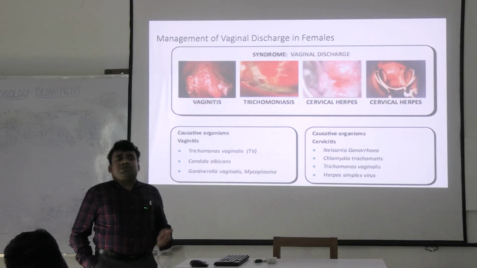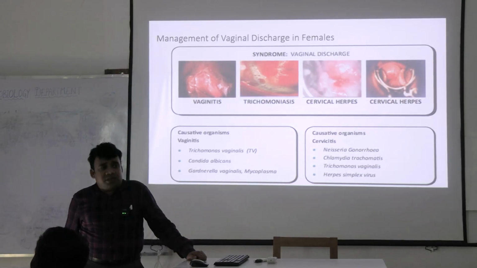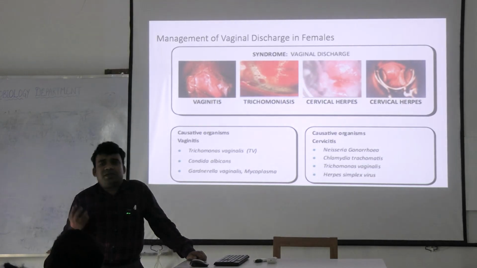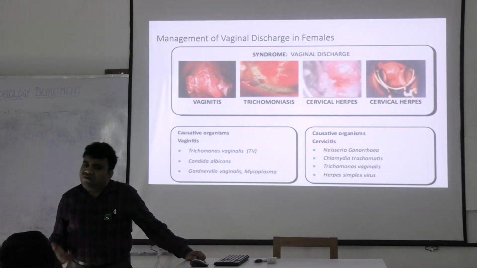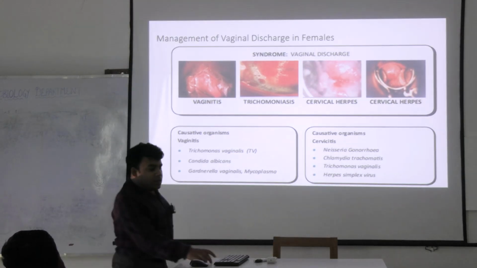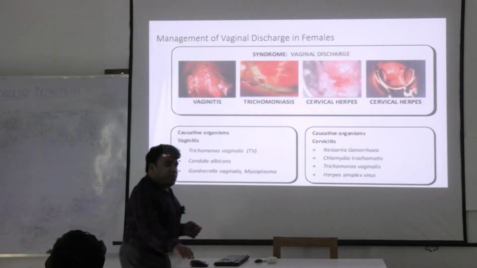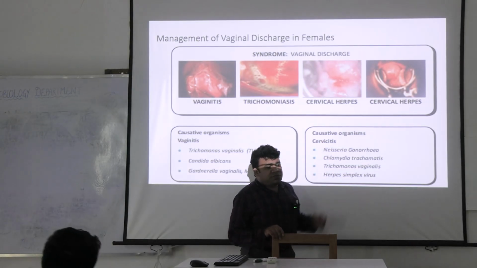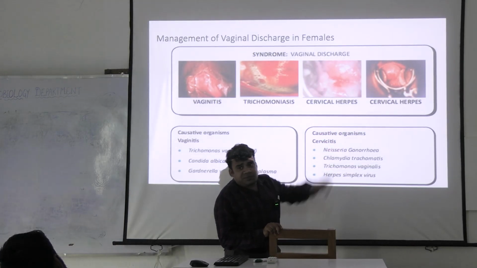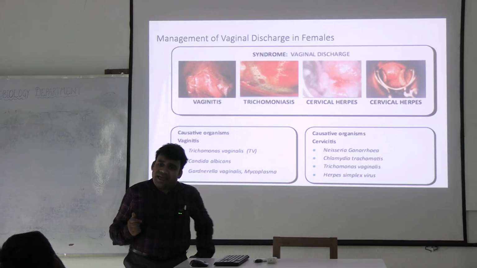Sometimes vaginal discharge can be because of a herpetic lesion within the vagina, that is, a cervical herpetic lesion. So secretions may come out from the cervix and present in the form of vaginal discharge. This can only be confirmed with the help of a speculum examination. Earlier I have already told you, in case of females, speculum examination is very important. Over here you can see in this picture, a speculum is inserted pervaginally and the cervix is examined.